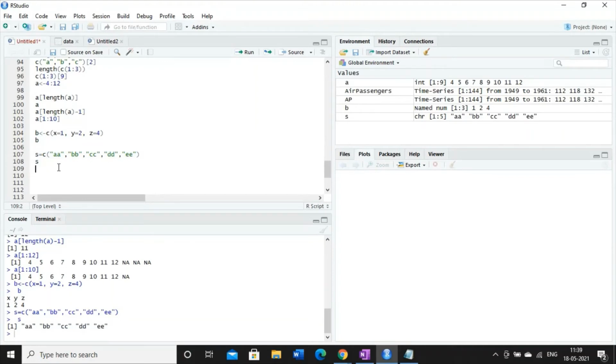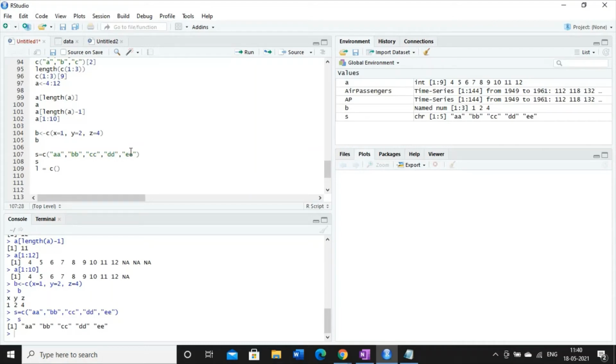Now here my intention is to access the second and the fourth element. For that purpose, I will define one logical vector. How do we define that logical vector? I have explained that I have to write L is equal to, and then write the logical vector as false, true, false, true and false.